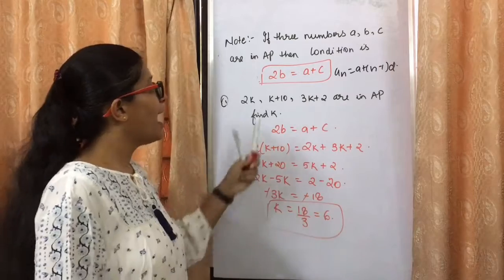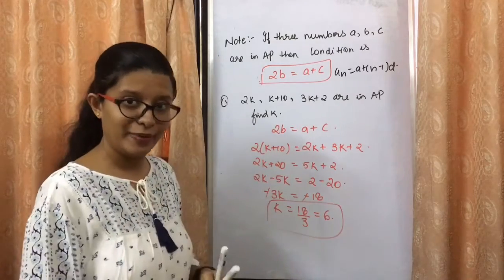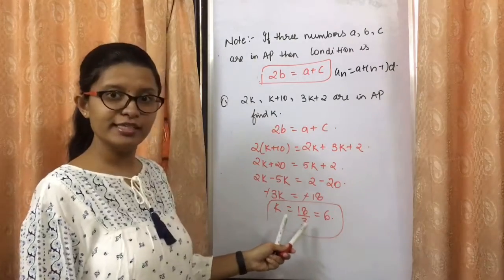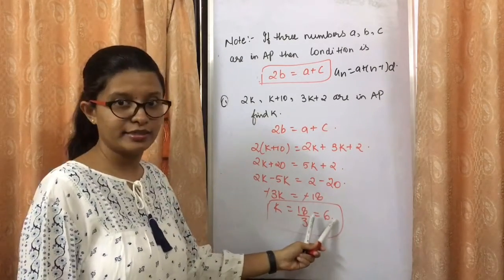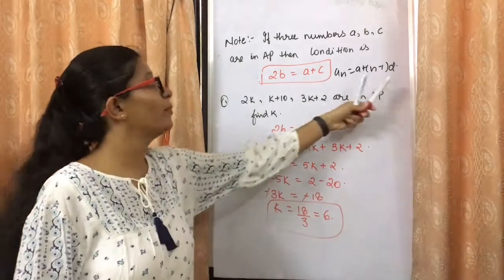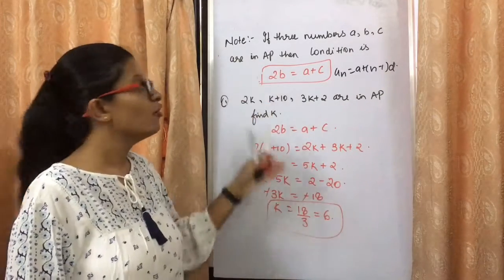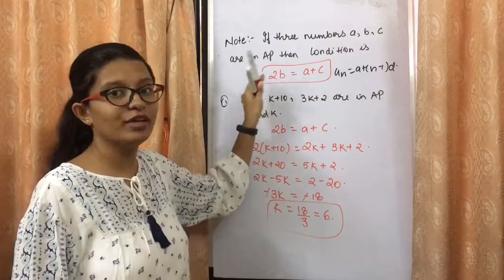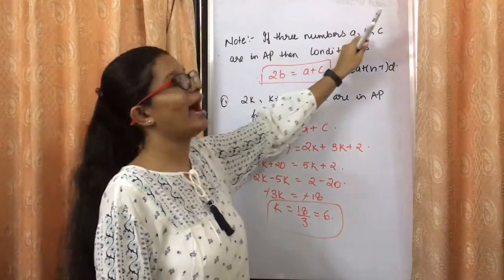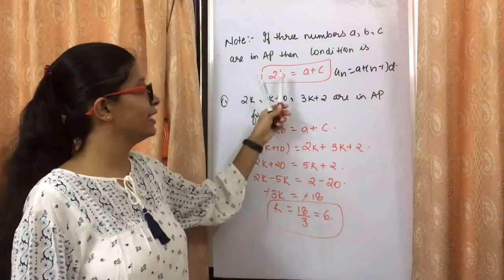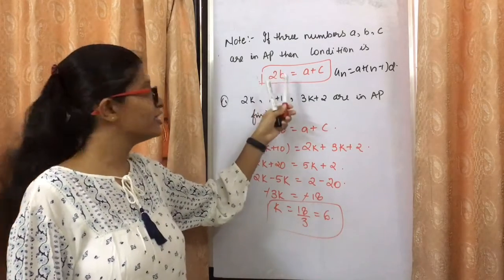So you can see how simple the one formula can be. So 2B is equals to A plus C, use करने के बाद हमारा फटक से आंसर आता है, that is k is equals to 6, instead of using the long formula. I hope the tips and tricks must be clear for the sort of condition which we can apply if we have 3 numbers in AP. Only if 3 numbers are in AP, then only we can apply this trick.